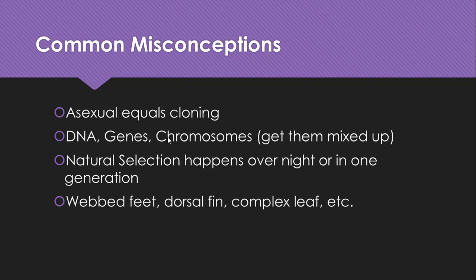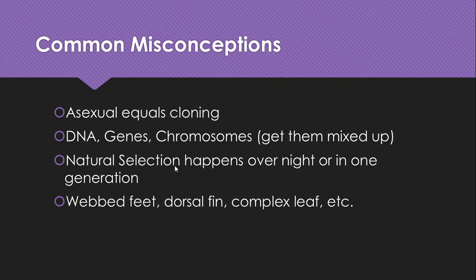A lot of students think natural selection can happen within one generation or overnight. It's really important that you make it clear to students that the slowest process would be natural selection, the next slowest process would be selective breeding, and then genetic engineering would be the quickest. But natural selection and selective breeding require many, many generations to see any kind of differences happen. And those differences don't just grow on an organism, it's a result of a mutation or